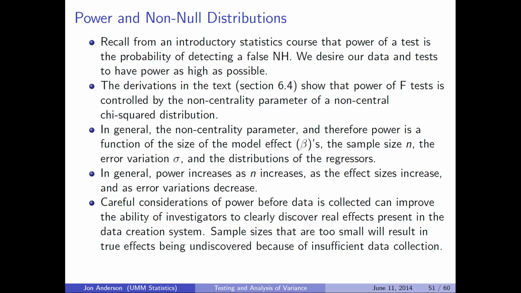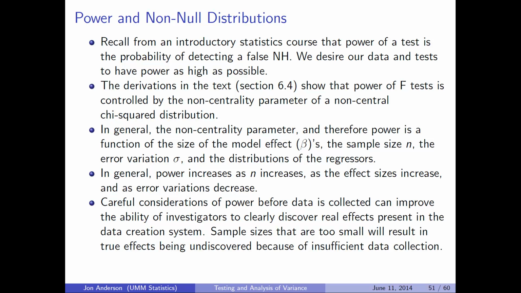And the issue is that there is a non-centrality parameter that basically controls this probability and this ability to make correct decisions. And what determines and what controls the non-centrality parameter? Well, it's how big is the real model effect, how big is the true beta in the data generating system, how much data do we have, n, how much error residual variation around the mean function do we have, sigma,